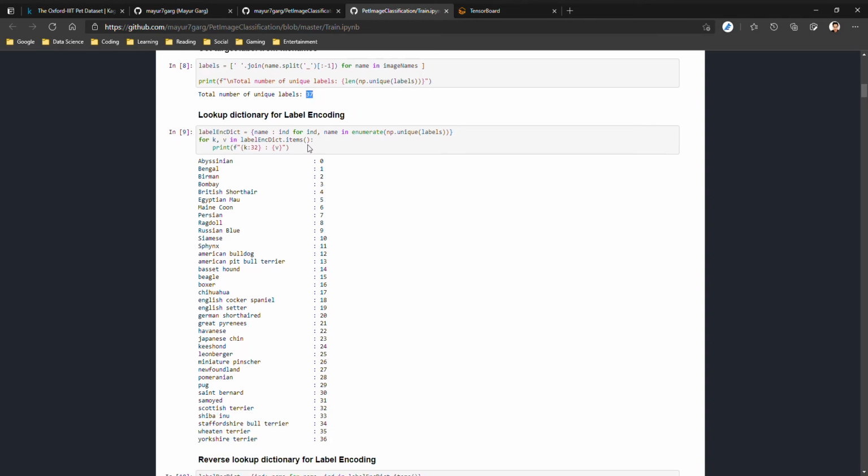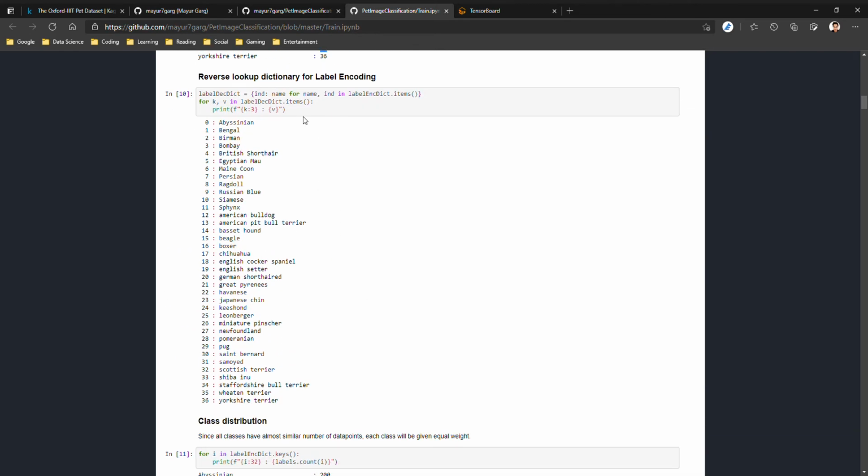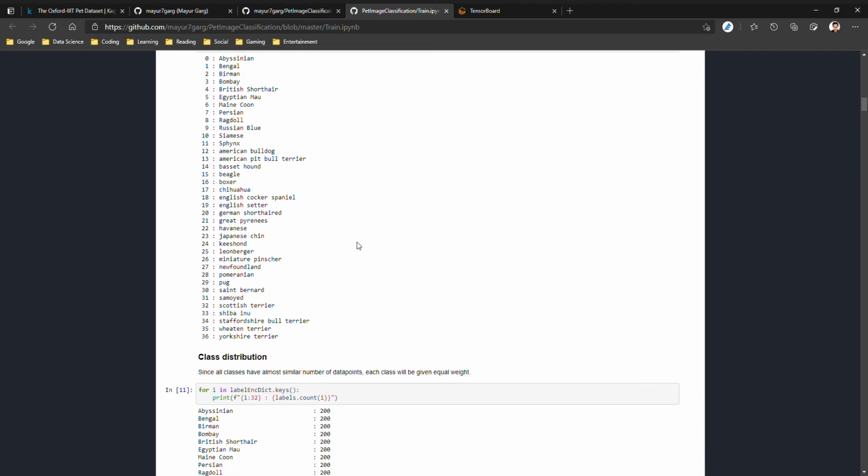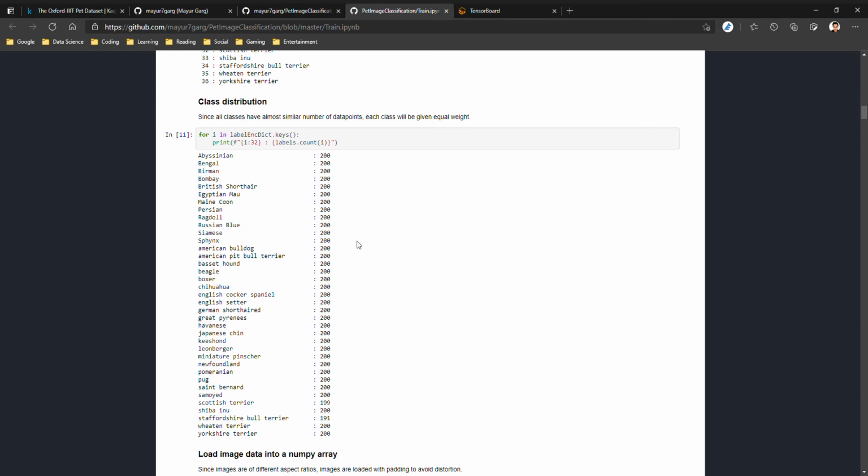Then for each of the class labels, we create a label encoding dictionary, which basically maps a class name to an integer number. For example, Bengal here has been mapped to 1 and Wheaten Terrier has been mapped to 35. Then for this above dictionary, we also create a reverse lookup dictionary, which is basically a reverse mapping of the above dictionary.